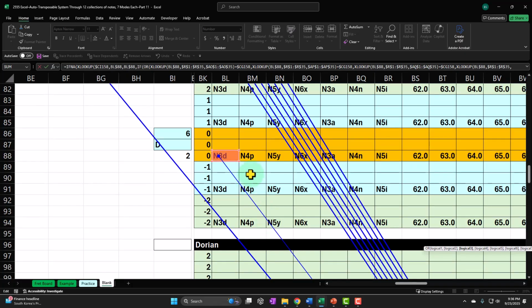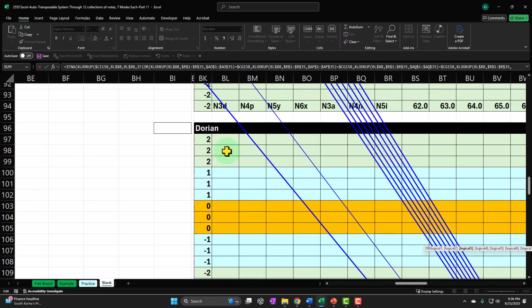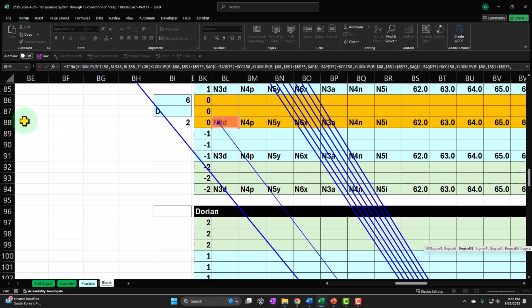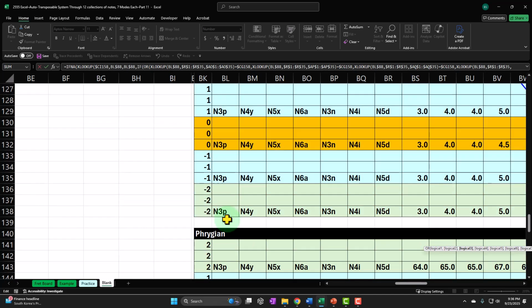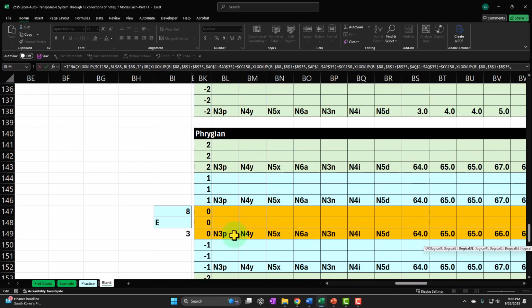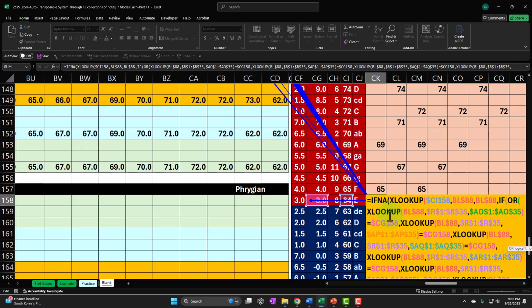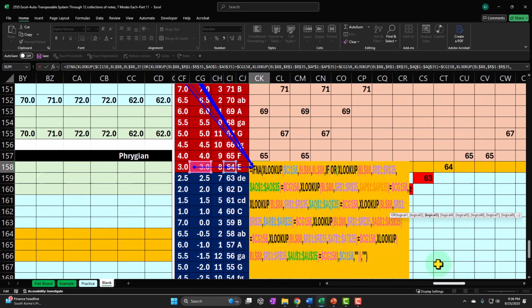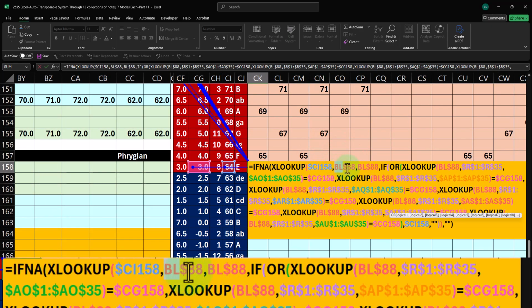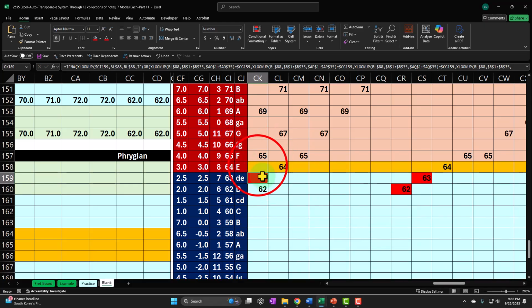Now, should I just do it this way again? It'd be easier if I said the BL 88s need to be changed to this one, BL 148. So let's do that a little bit easier this way, this time. So here's the BL 88. Those all need to be changed. So I'm going to copy that, enter,